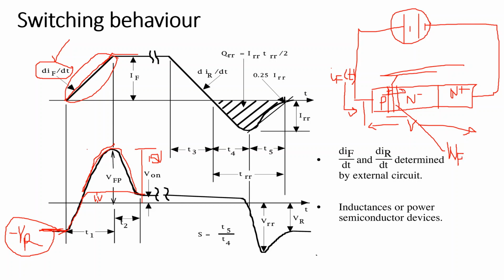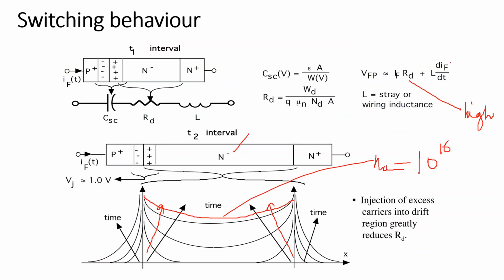when a large number of delta p starts entering from here, and a large number of delta n starts entering from the n plus region to the n minus region. So this conductivity modulation will reduce Rd. So there is a reduction in Rd. The resistance drops, and since IF becomes constant, this value goes to 0. This value goes to 0. So what is the resultant? The resultant effect of this is that this whole value becomes lower.